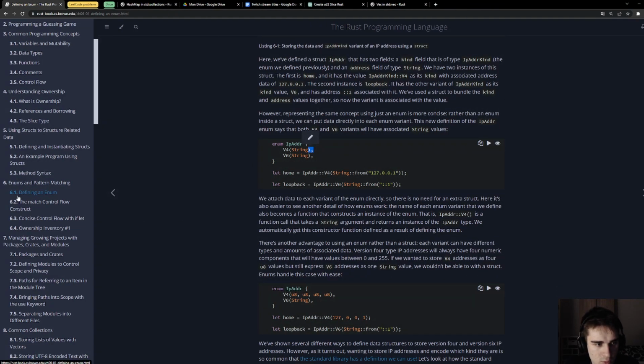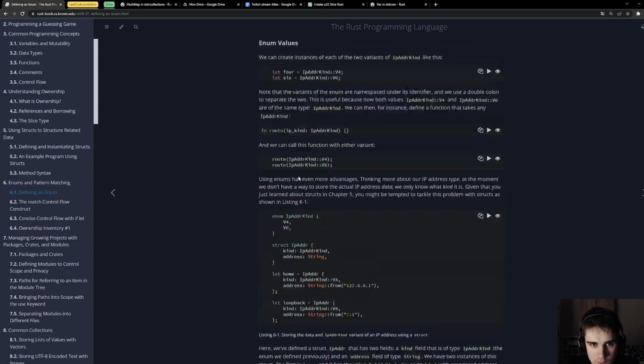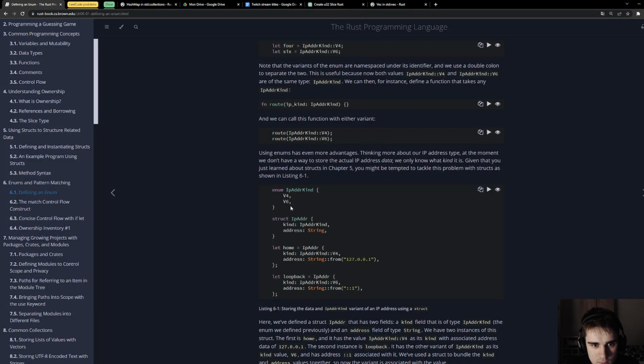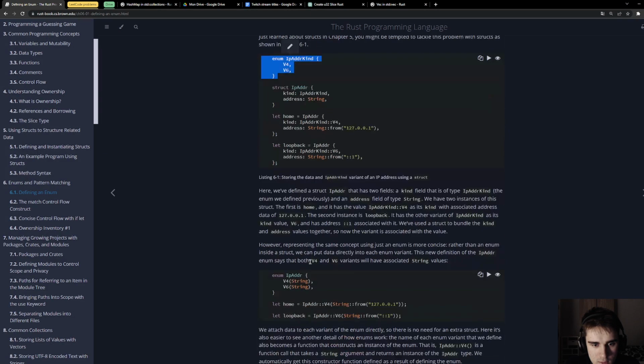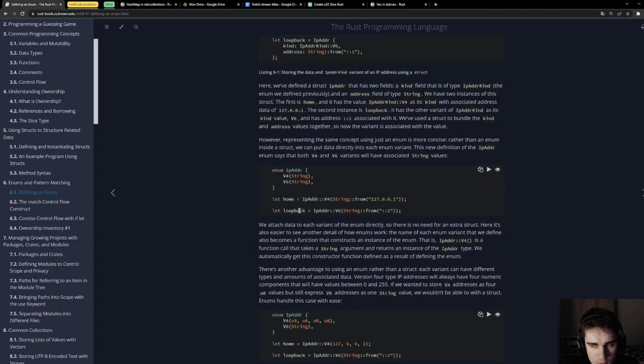Let's come back to the enum section. So from what we have seen is that we can define enums with fields and directly with data type. So for example, here we can say that v4 and v6 are strings, and we pass the string.